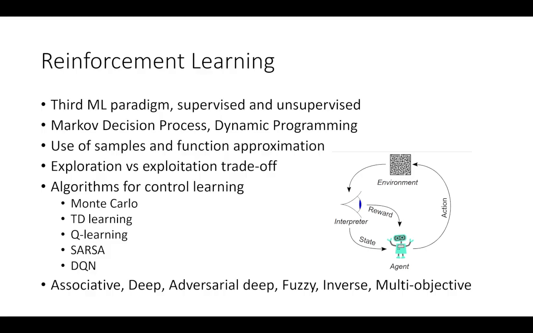So one important aspect here is the exploration versus exploitation trade-off, right? So exploitation refers to applying what you already know. If you have already learned something, you make use of it. That is exploitation. If you know that what you know is limited, then you explore. That is what is called exploration. Reinforcement learning makes that trade-off. Obviously, exploring will be slow, but it will be better. Exploitation will be fast, but it will be limited based on what you already know.